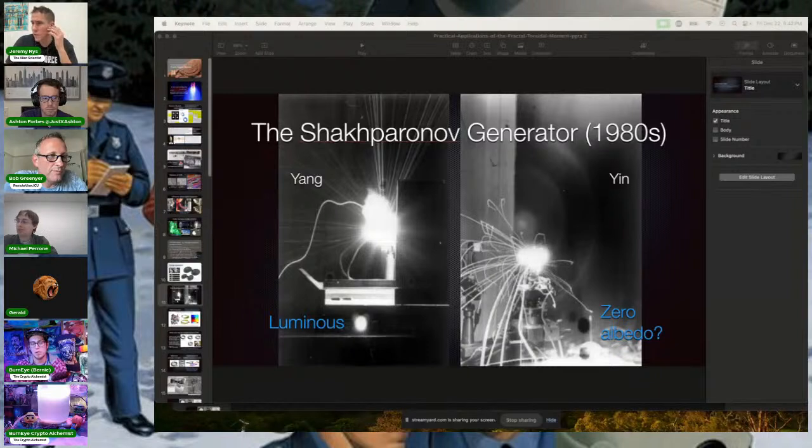And what is this burning? It looks like magnesium burning or something. What is going on here in the picture? What are we looking at? And what was done in this Shakhparyanov generator experiment here? And what is the photography? Was it done with a high-speed camera? Exploding bits that jumped a real long distance in a short time.